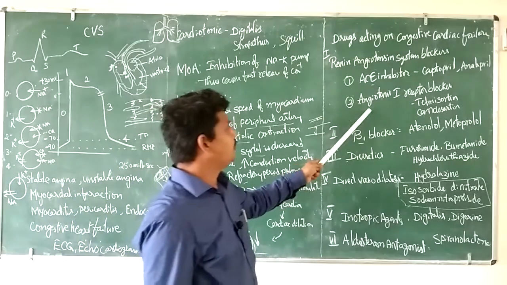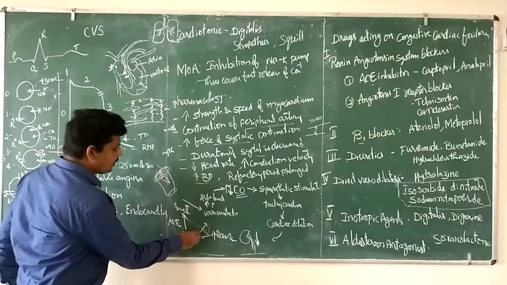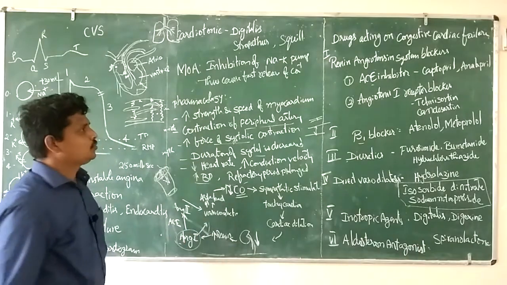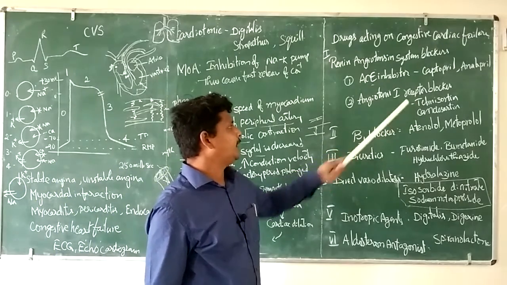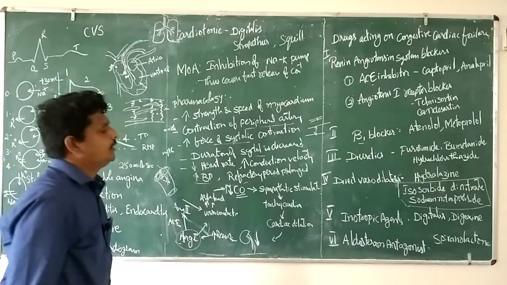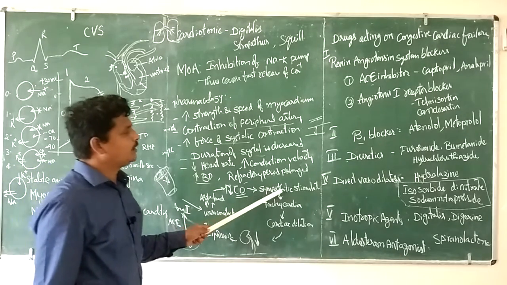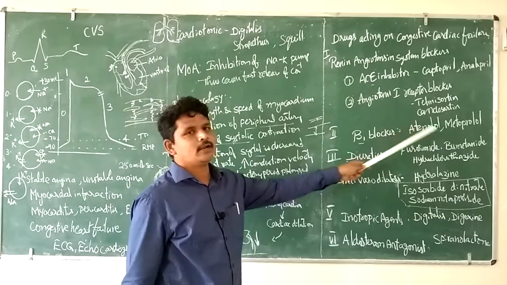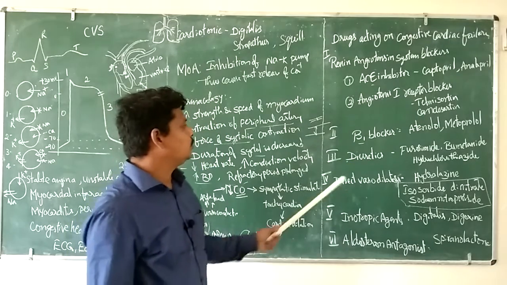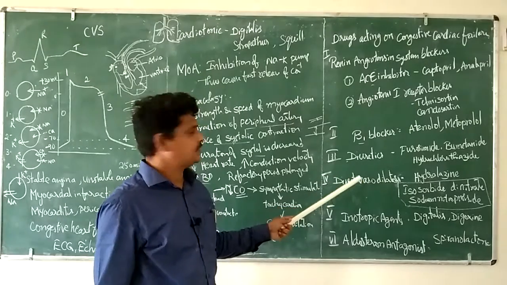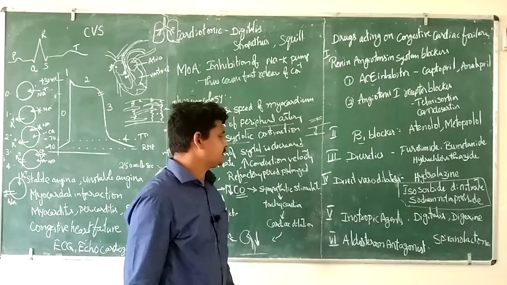Next, angiotensin 1 receptor blockers. Here angiotensin can act directly on the receptors, so we can block these receptors with telmisartan and candesartan. Next, as this enhances the sympathetic stimulation, we can block it with beta 1 blockers, for example atenolol and metoprolol. Here the blood pressure is high, so we can use diuretics to decrease the pressure. Diuretics, for example furosemide, bumetanide, hydrochlorothiazide, etc.